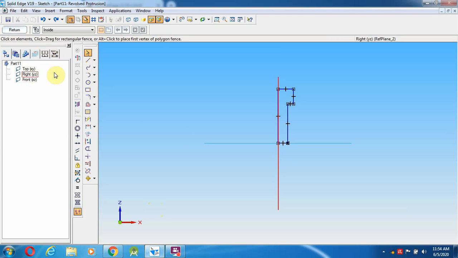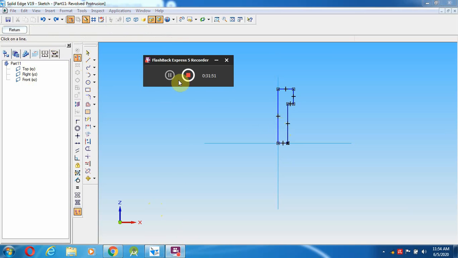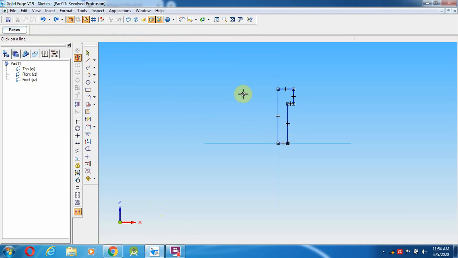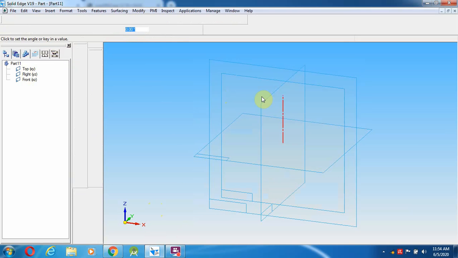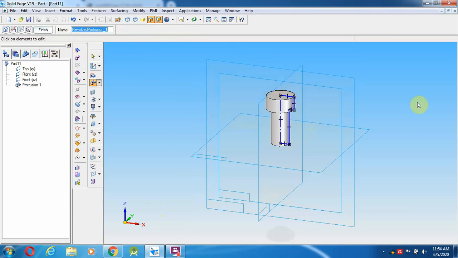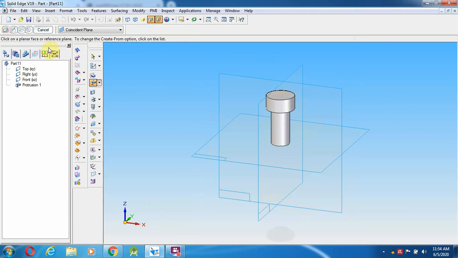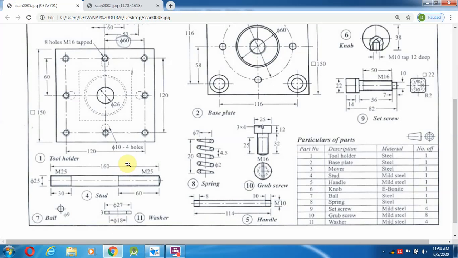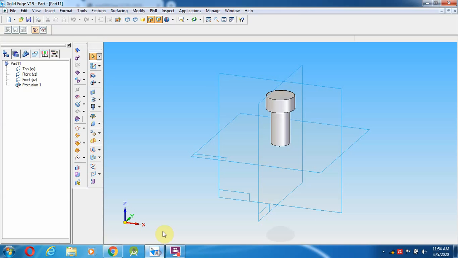Select the axis of revolution. After giving this, I am going to select the axis of revolution as this, give return, and give a 360 degree angle over here. After giving the 360 degree angle, go on to make the cutout. The cutout they provide is 3 into 4 mm, that means 4 mm depth and 3 mm length. So you have to make that.